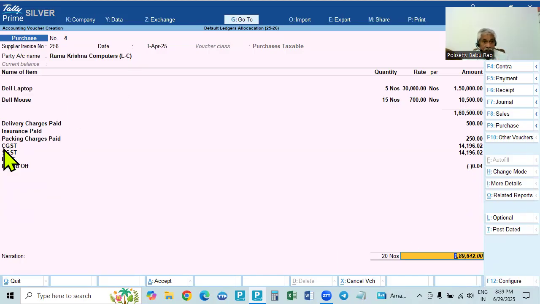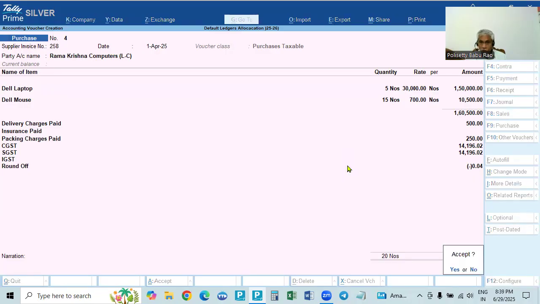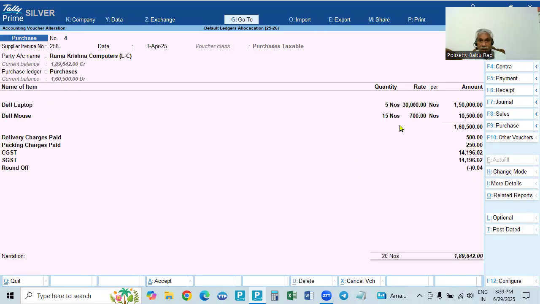Here this is local, so CGST and SGST are calculated. IGST is not calculated, and here also there is no insurance. When you accept the voucher and go back again, IGST will not appear. You do like this: accept, go back. IGST is not there, insurance charges are not there. Okay, this is the amount. This is from local. So now we'll go to